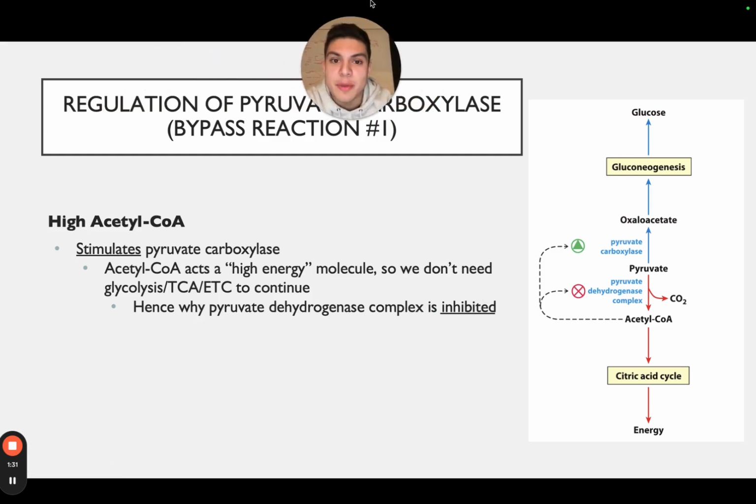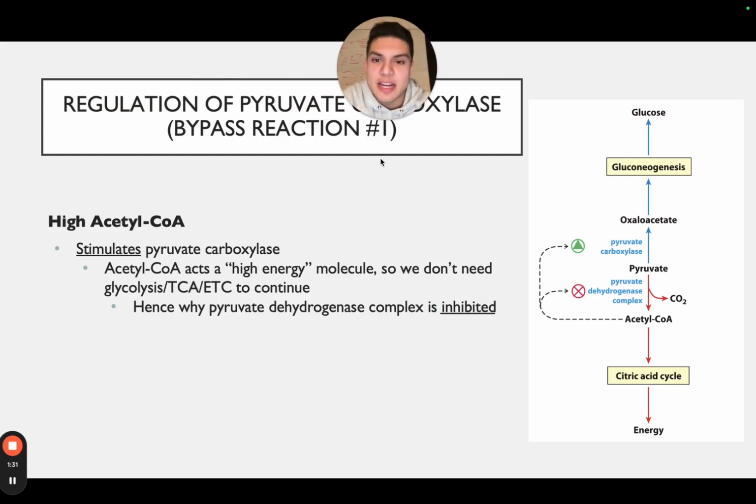So, regulation of pyruvate carboxylase. This is bypass reaction number 1, essentially. Pyruvate carboxylase is actually regulated by acetyl-CoA. So acetyl-CoA does play a role in gluconeogenesis. It doesn't form the glucose, but it does regulate it, and I'll explain why. When there's high acetyl-CoA, that means that the citric acid cycle is slowing down. And that's because we